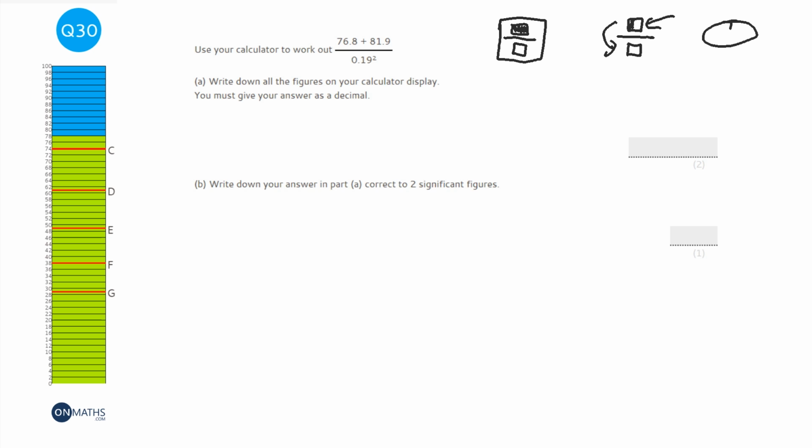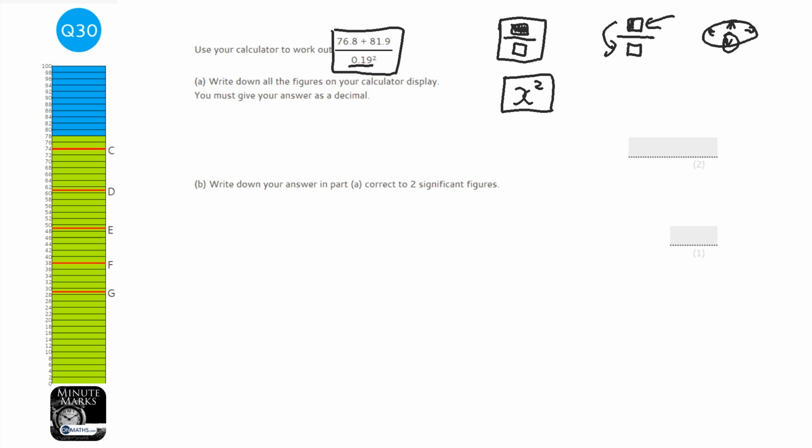Okay, and so to shift downwards on the Casio calculators, there's a cursor stick, a direction button. It's the big blue button beneath the screen on most of the calculators, and you just push down to go to the denominator of the fraction. And then we need to fill in this bit here, so 0.19, and then the squared button is on like that. So you just press that, and it looks exactly as it does in the question on the screen, so you know you've got it right. So you press the equals,